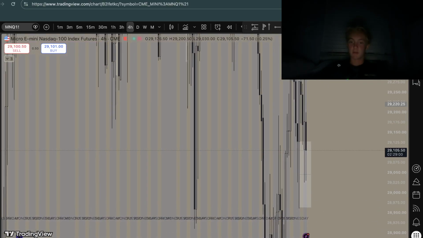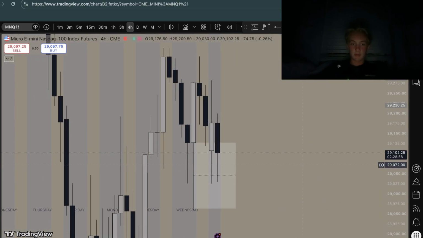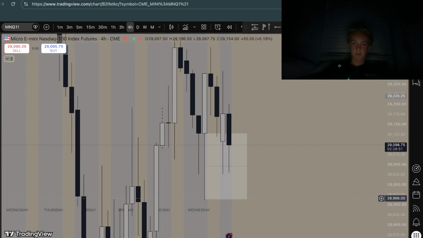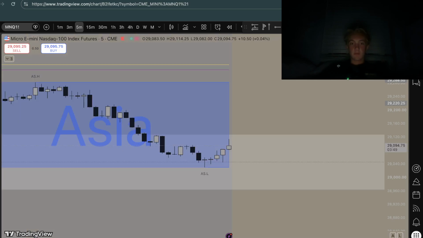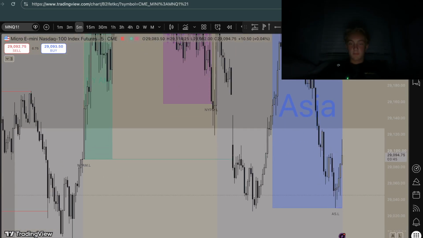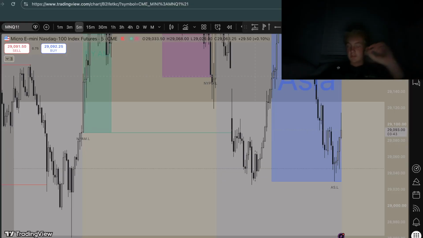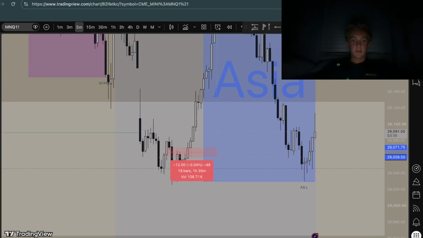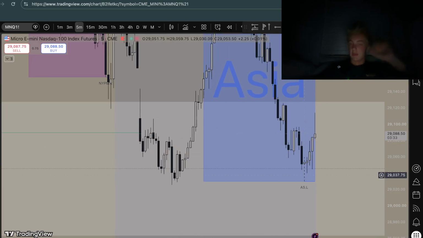So this trade was based off a 4-hour rejection block. We had an NQ. Takes out these lows right here into a higher time frame gap. So then we go on the 5 minute, wait for price to come down, hit the CE. You could set your limit at the CE, but that'll just lower your win rate if you're constantly using rejection blocks. So here we hit the CE, got this 5 minute inversion here, and I did not actually take the